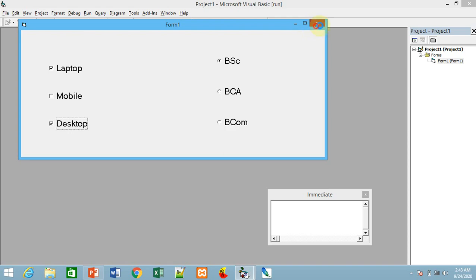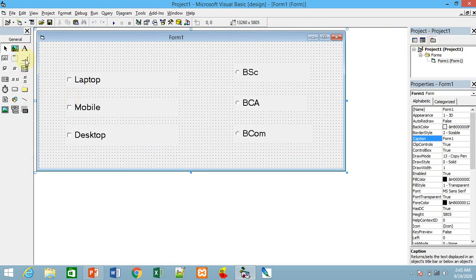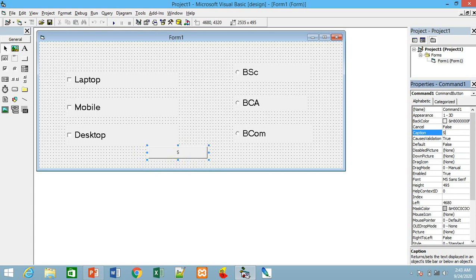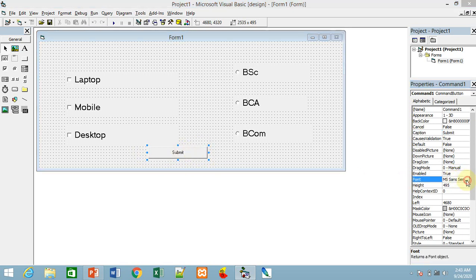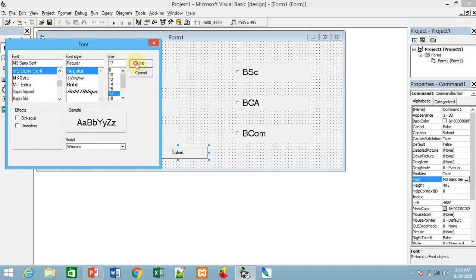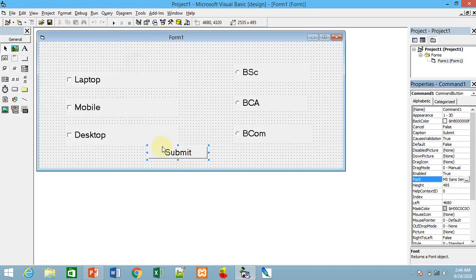When the user clicks on the submit button, then we are going to check the values, whether laptop is selected, mobile is selected, or desktop is selected, or how many of these three have been selected.